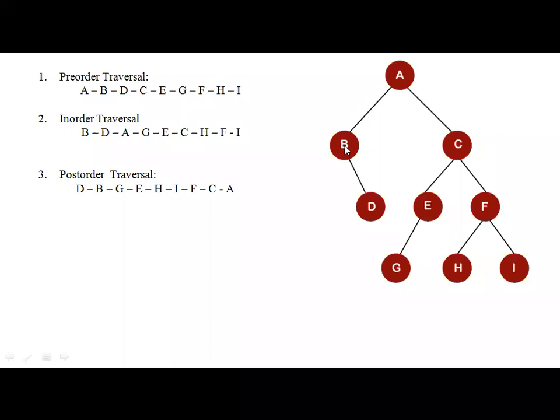After visiting the root, you should go to the left child. There is no left child, so that is over. Then go to the right child. There is a right child, D. Is it a root node? No, this is a leaf node, that is the end. So immediately write it to the output.